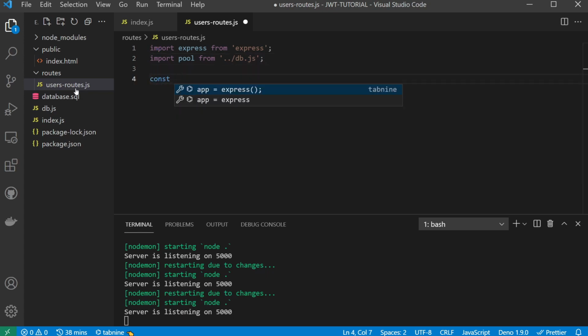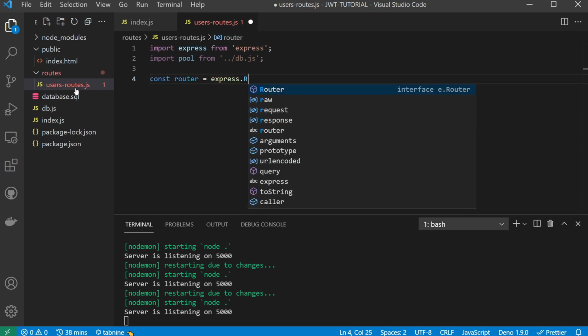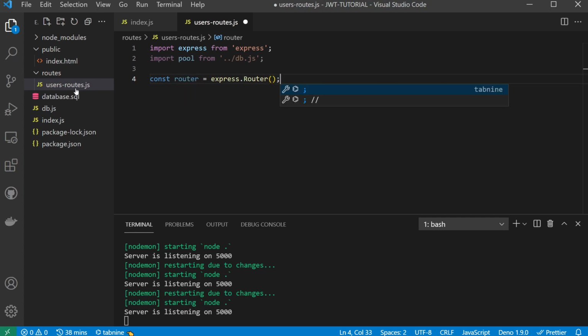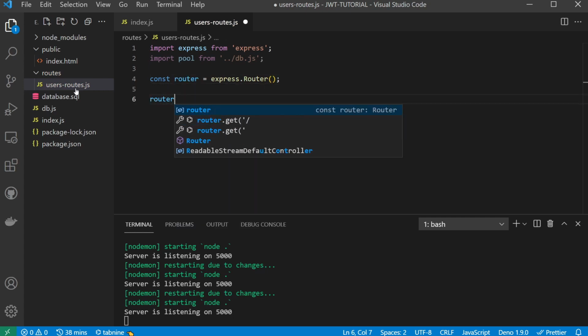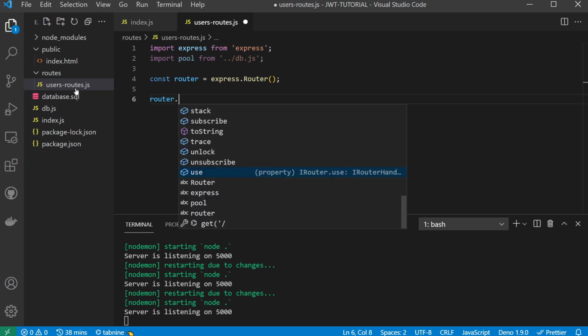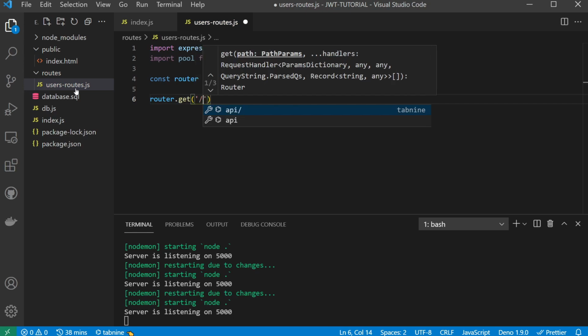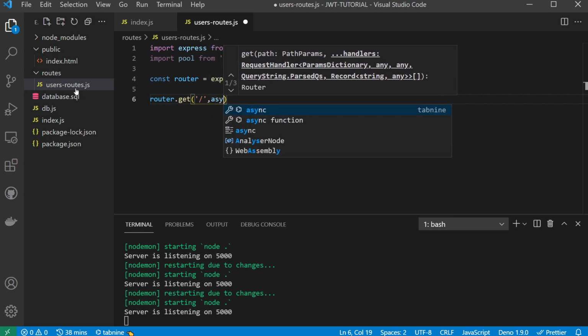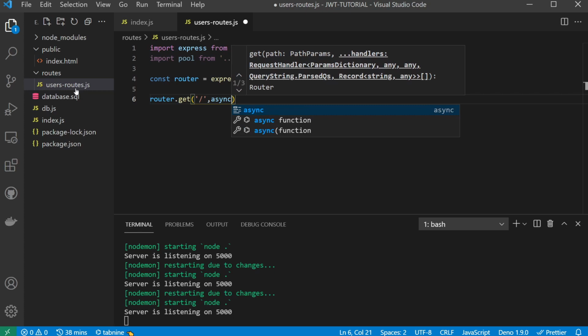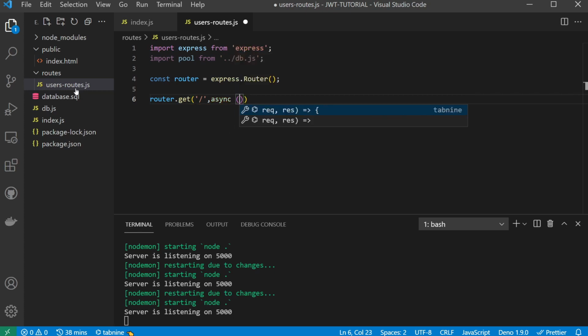and let's create ourselves a router from express.Router. And then how this works is we do router.get, and we're saying this is going to handle the root of users, and we want an async arrow function,